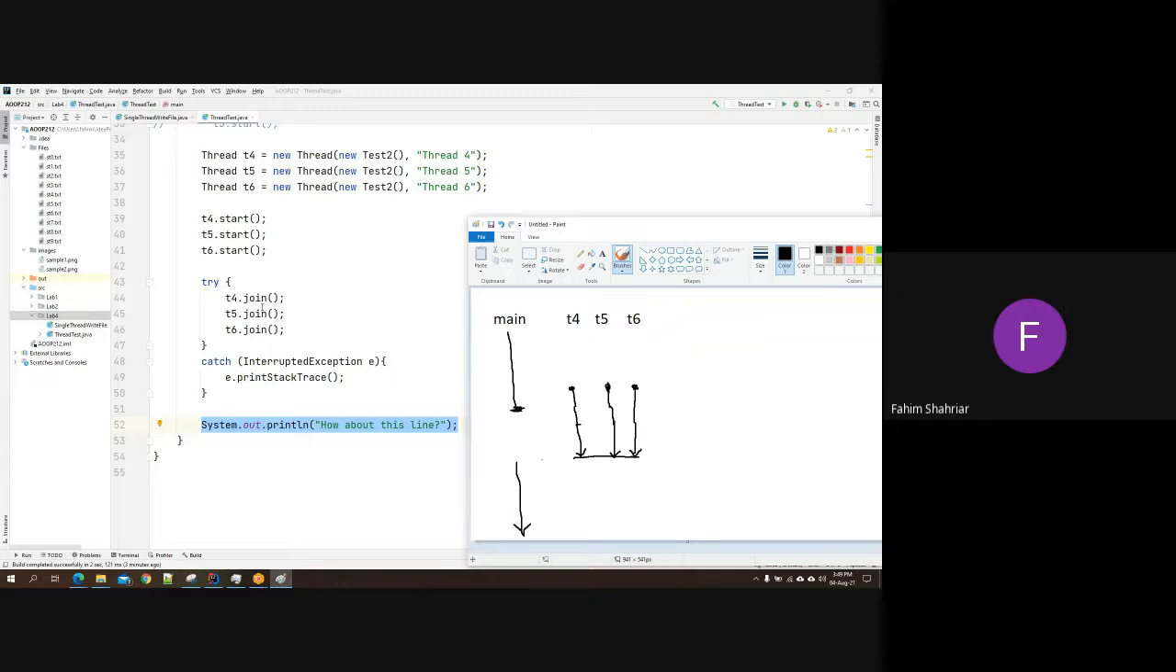Okay, and as we have joined all these threads, then after all these threads are completed, then I will go back to the main and complete the main thread. Okay, so এখানে কিন্তু সুইচিং হচ্ছে, এরকম T4 থেকে T5 এ, T5 থেকে T4 এ, আবার T6 এ, এরকম করে সুইচ করে করে কাজগুলো করতেছে।